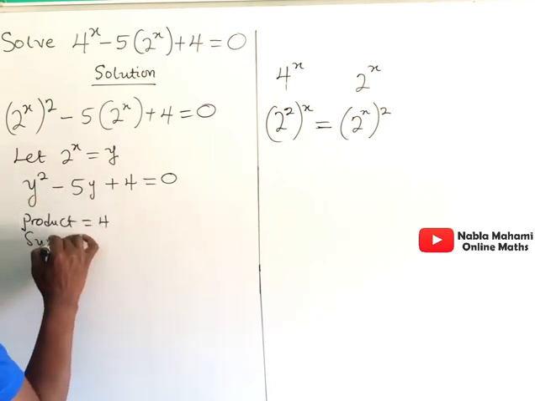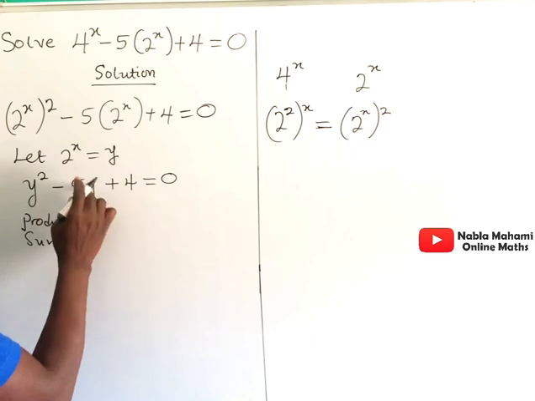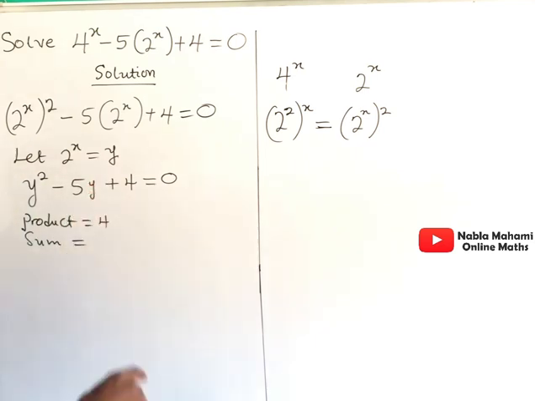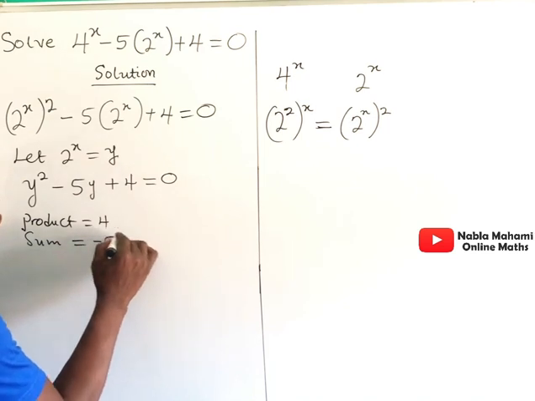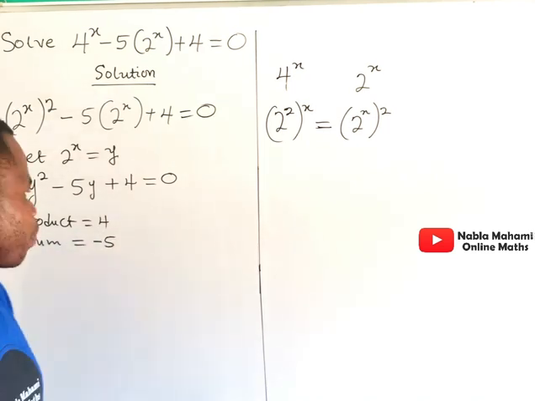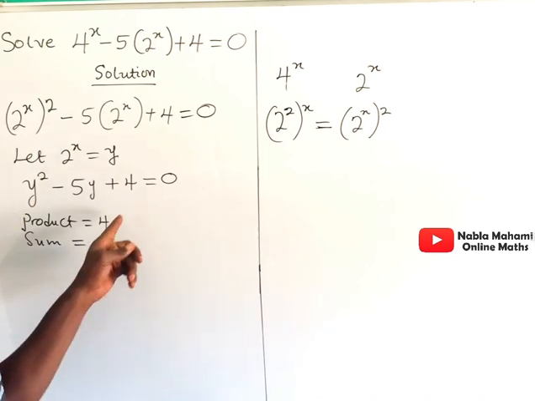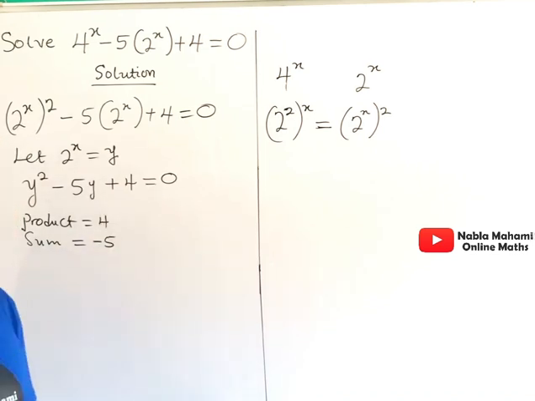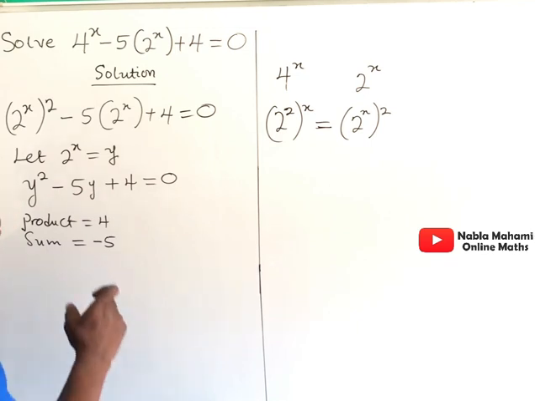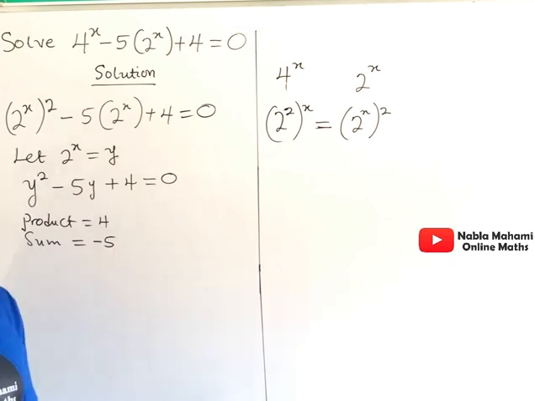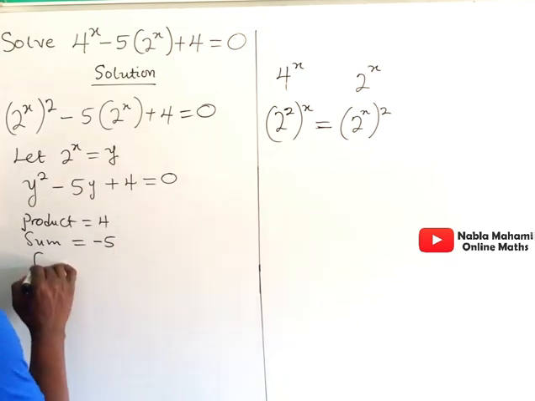And my sum is going to be the number that is multiplied with y. That is the coefficient of y in this equation, what we call the sum value. And you can see that here is minus 5. So you now get factors. Two factors that, when you multiply them, you will get the product, and when you add them, you will get the sum. So you see that the two numbers that we can use to multiply and get 4, and when we add, we get minus 5, are